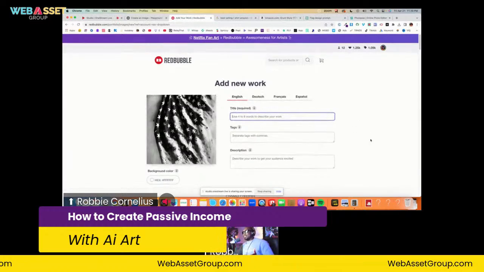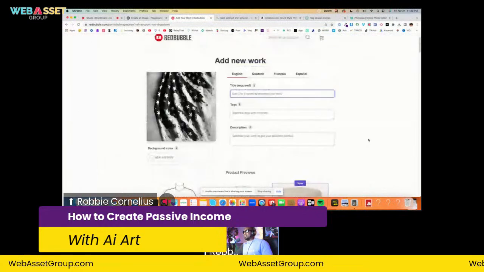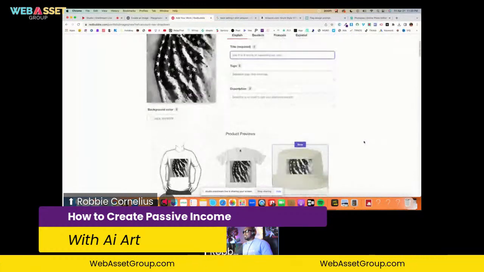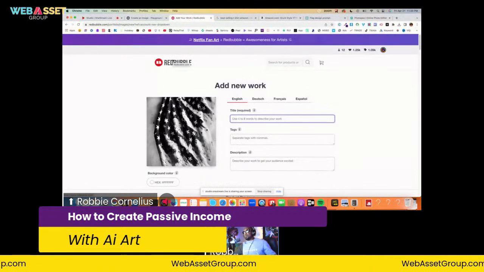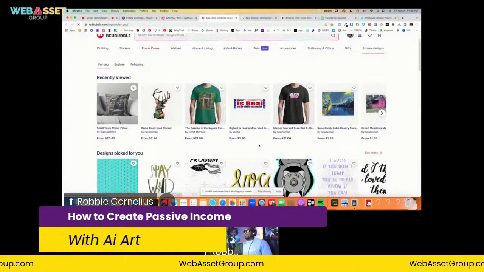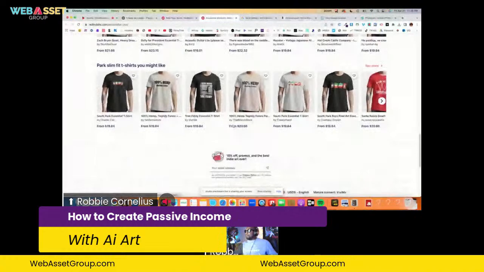I have to talk like this because I done told people this 100 years now, I feel like, and they don't do anything. It boggles my mind. I just don't understand it. So what is Redbubble going to do? What is Redbubble, Robbie? Redbubble is a marketplace where tons of people come to buy t-shirts and stickers and things of that nature every single day.